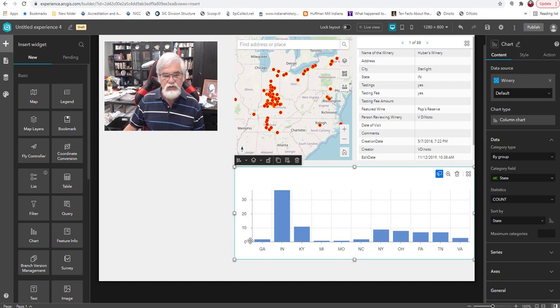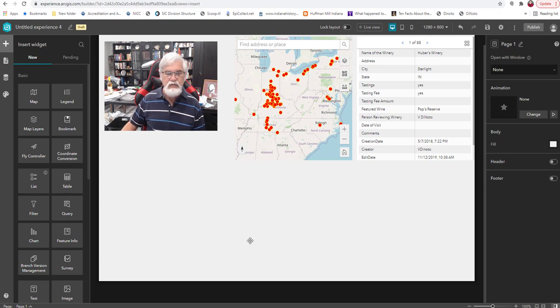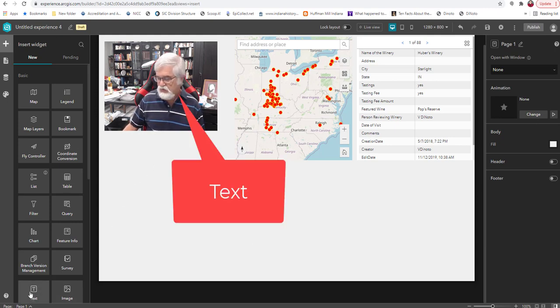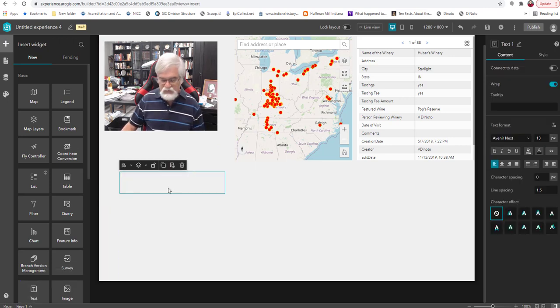So we're going to delete the chart, just again not to clutter up my canvas. And I'm going to go to text, which is down here on the bottom left side. And text, as its name indicates, is I can type anything I want. So this might be the title. So let's see, this is winery Experience Builder site,